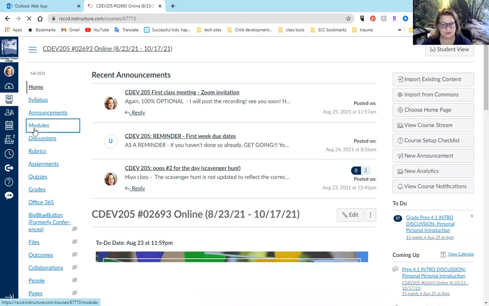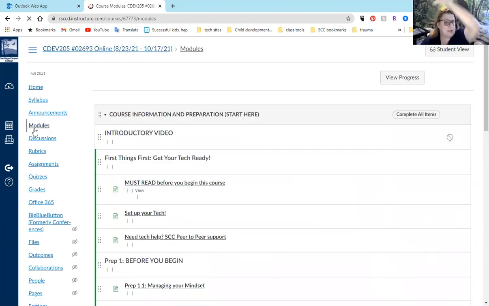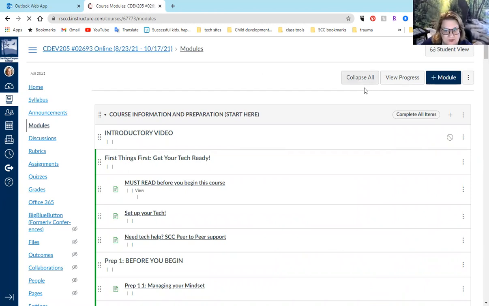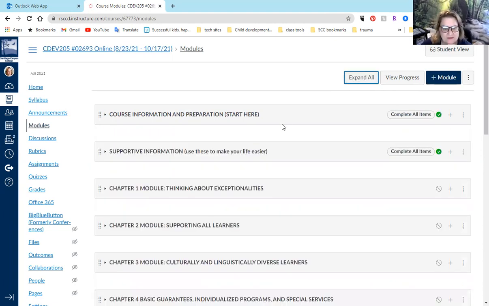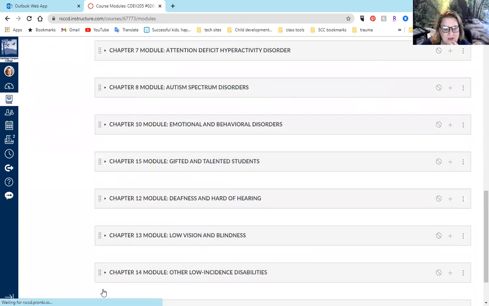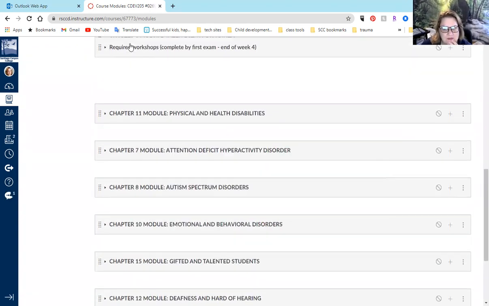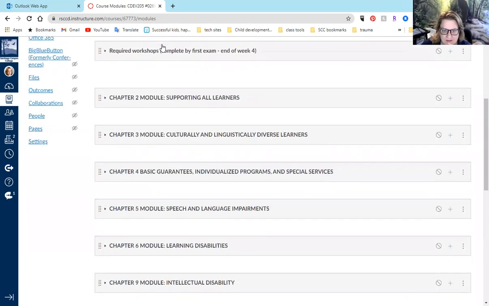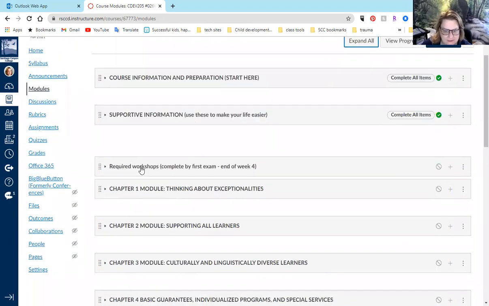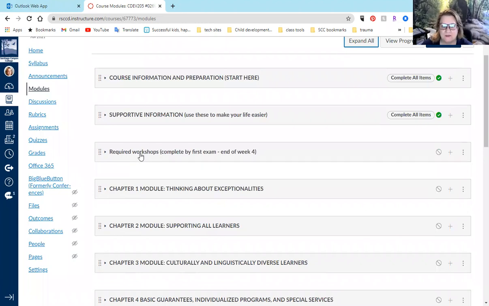Okay, so let's look into the module. I'll show you as a professor how it's all set up. I like this feature up here. It's called collapse all. That is my favorite. It's like, I don't want to see all this business. Make it small for me. There we go. I'll move this workshop one up here, in week 4. I want to make sure that you guys are still learning stuff from the library. And I do give grades for that. It's kind of extra credit, but I'll put that up here so you guys can see it. Actually, I'm not going to publish it yet because I need to double check the links.